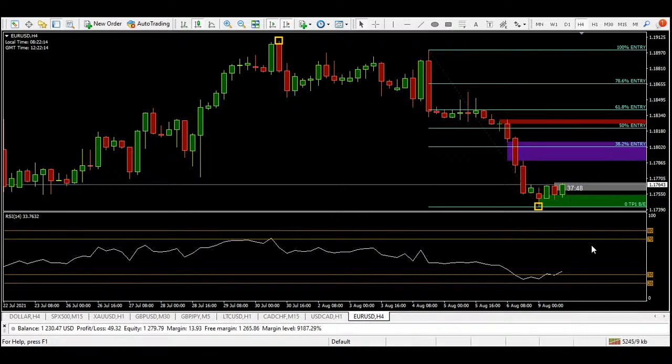I got a 4-hour candle imbalance there, and a little bit of 4-hour candle imbalance here. And then, of course, we've got this zone, which technically is a doji, so I include the whole candle. Okay. Alright, so